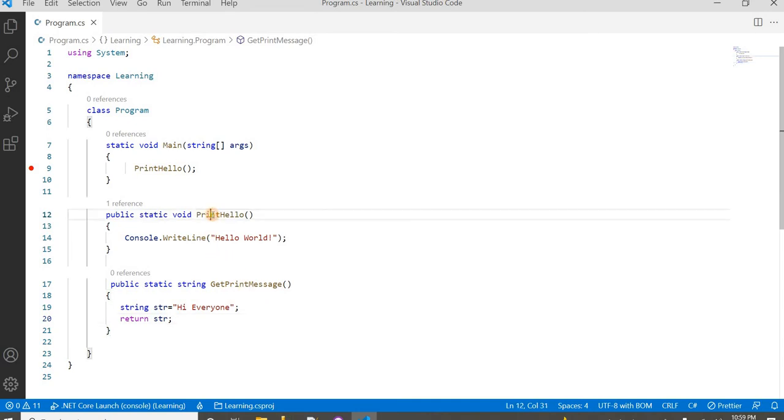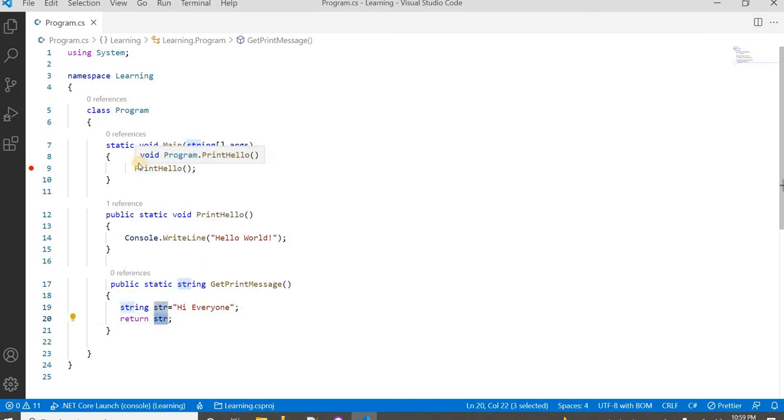Now in this method there is no input parameter. Even in the earlier method there was no input parameter, but that method was not returning anything; it was just void written there. But this one is returning something in the form of string. So what is the returning data? What will be the data type of the returned thing? The variable will be string. So str is a string, that's why we can return it here.